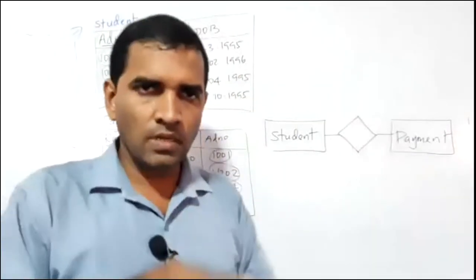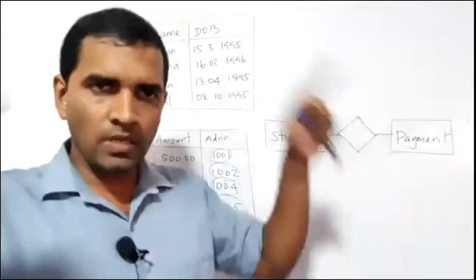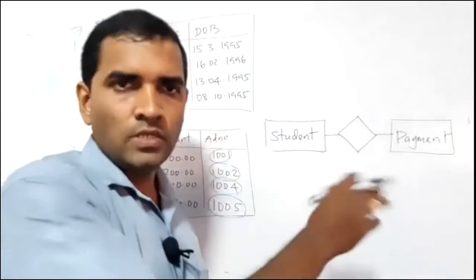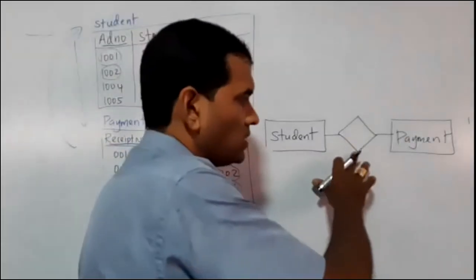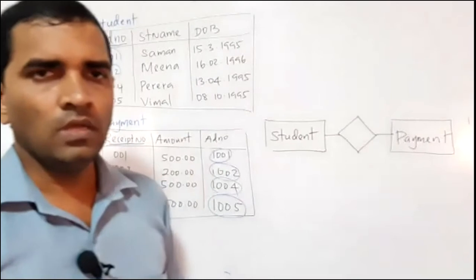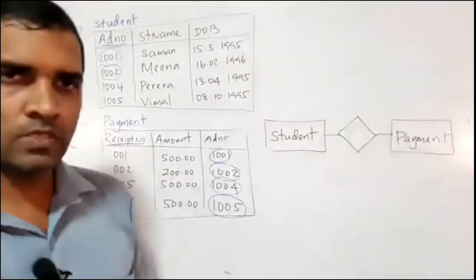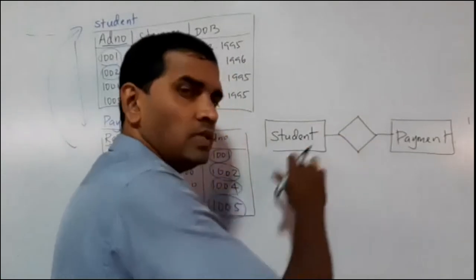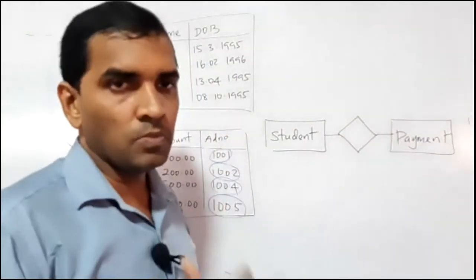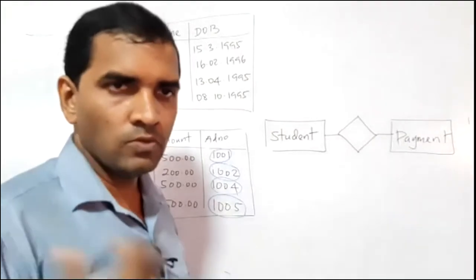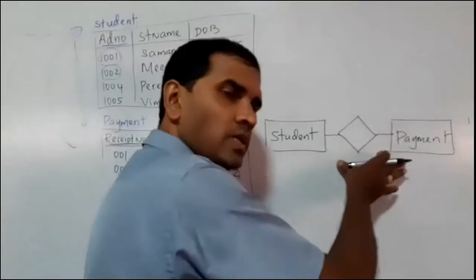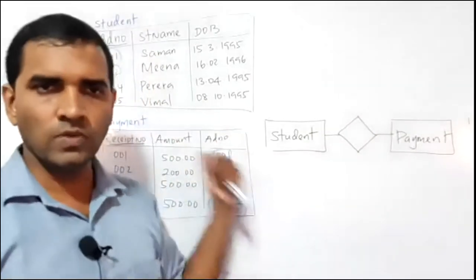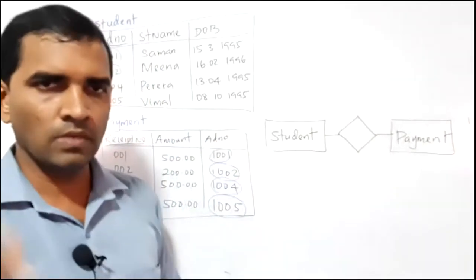So here, this is a payment table, that's why I use a rectangle. Here, student table, again a rectangle. They have connections, they have their relationship. So to describe the relationship, I just drew a diamond symbol. Inside the diamond symbol, I have to write these. Again, I tell you, these are not important for your exams or for your studies. But if you understand such a thing, it is easy to understand the real meaning of one-to-one in these two tables. That's why I'm explaining.